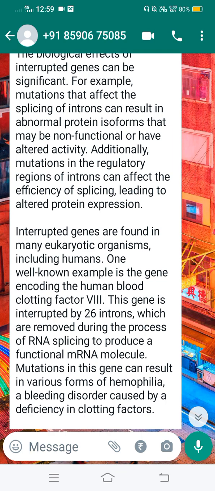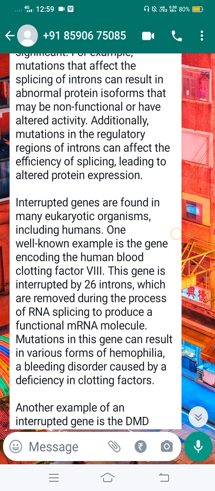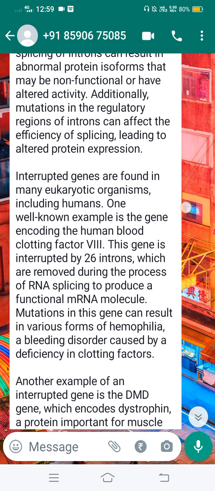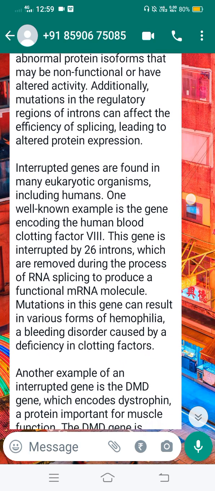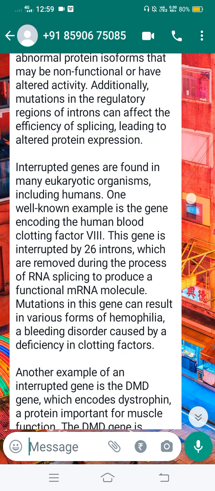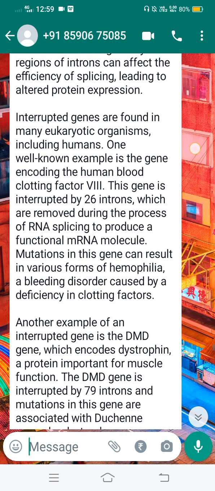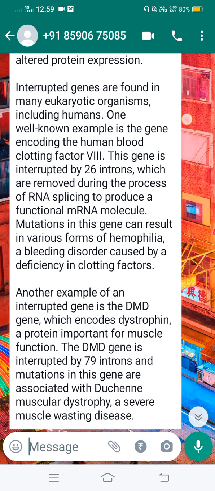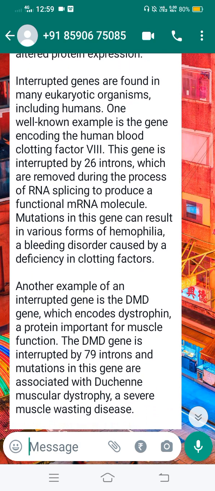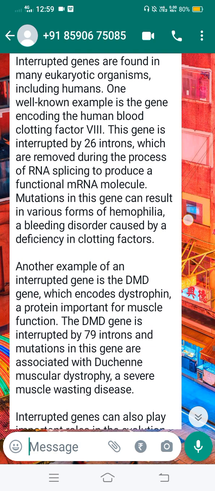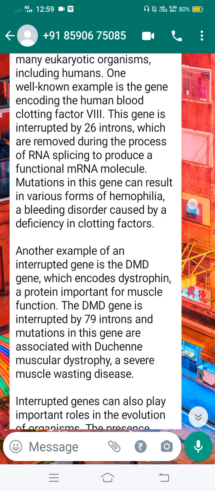protein expression. Interrupted genes can be found in many eukaryotic organisms, including humans. One well-known example is the gene encoding the human blood clotting factor 8. This gene is interrupted by 26 introns, which are removed during the process of RNA splicing to produce a functional mRNA molecule. Mutations in this gene can result in various forms of hemophilia, a bleeding disorder caused by deficiency